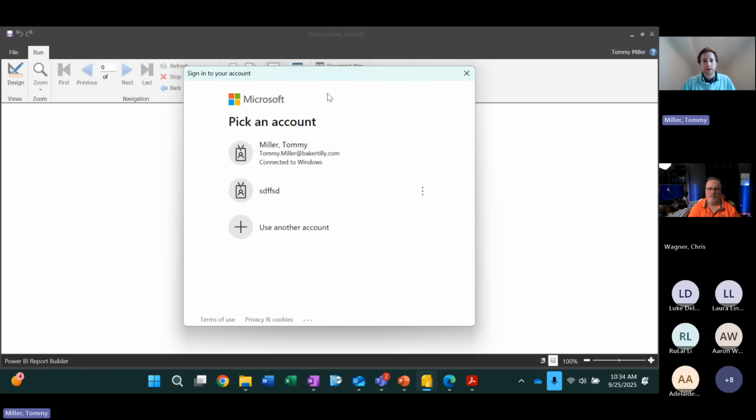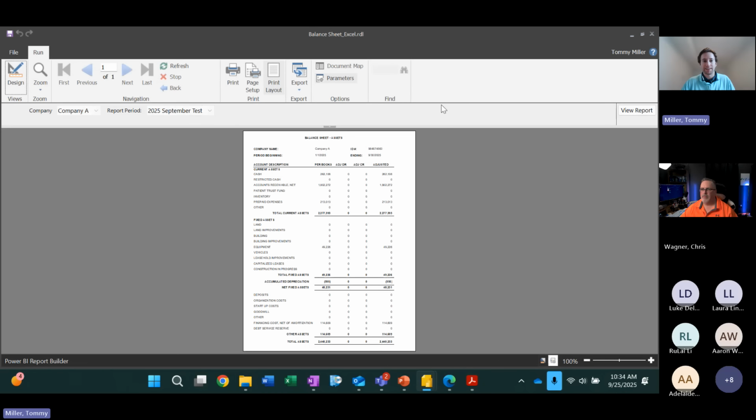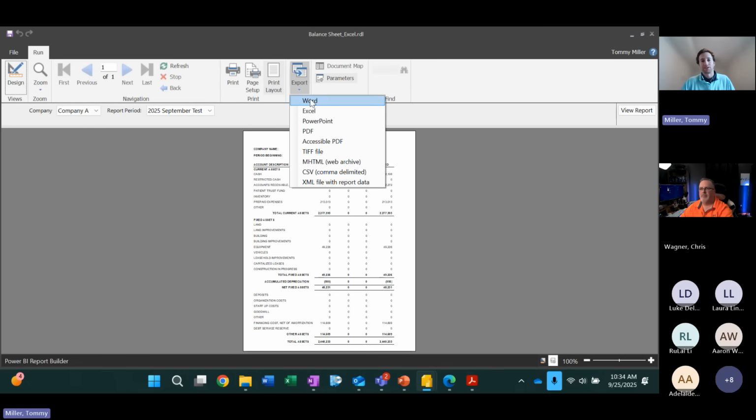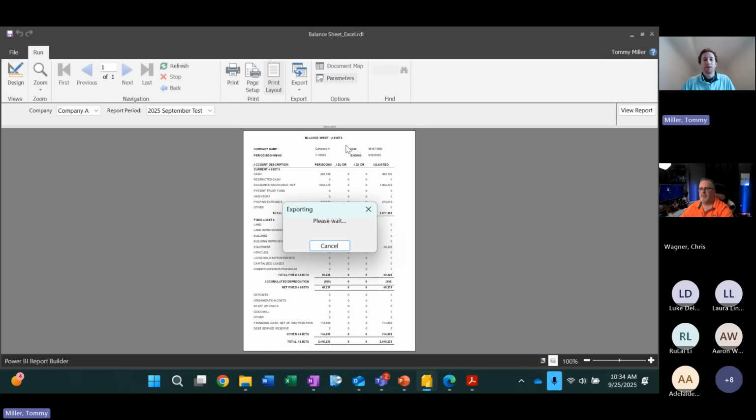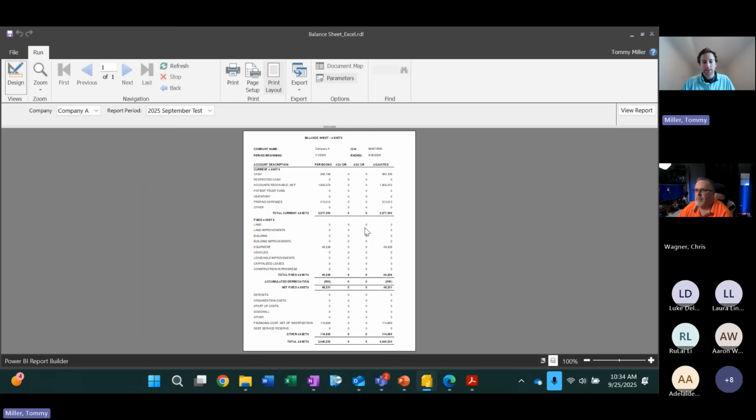And I will say, every now and then, when you're opening the paginated report for the first time, it is going to require you to log in. It would be nice if they added the feature that just kept you authenticated, so you don't have to re-authenticate every time you open up a new report. Unfortunately, that's just the way that it is. But now, after I run this report and I go and save this one to Excel,